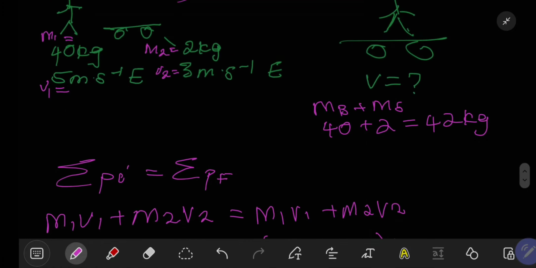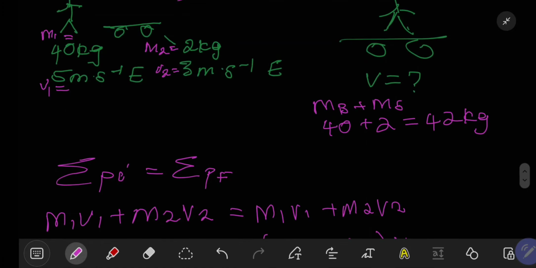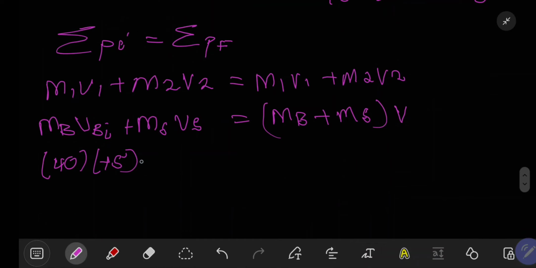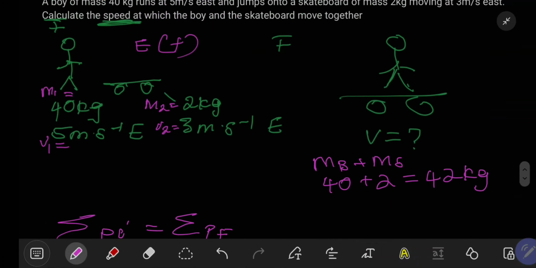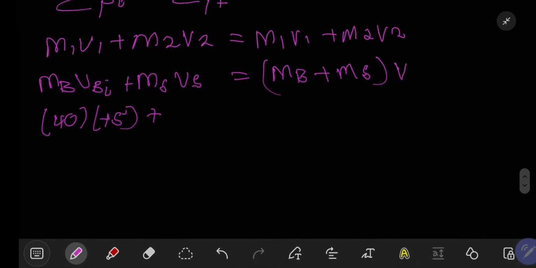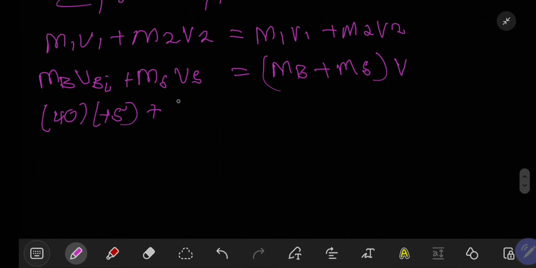So initially we were having 40 and 5. So it means here we're going to have 40 kg multiplied by positive 5, because we took any motion going in the eastern direction to be positive. And then now plus the mass of the skateboard was 2 kg, and then the velocity was 3. Then it means you're having 2, then positive 3, which is equal to